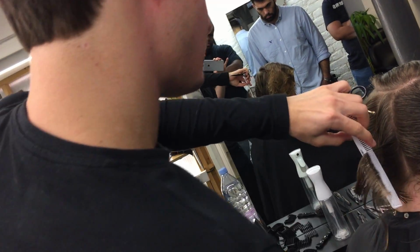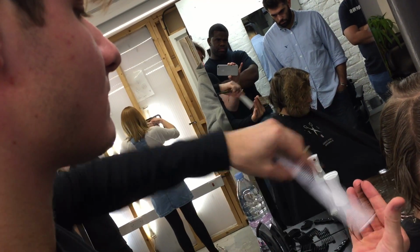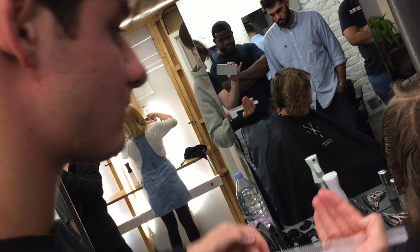So we need to get half a comb's width from the left-hand side. So I'm always